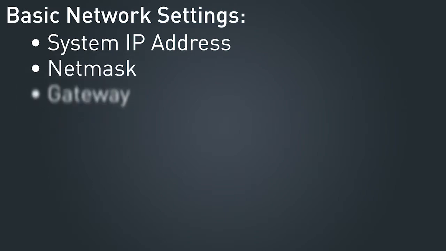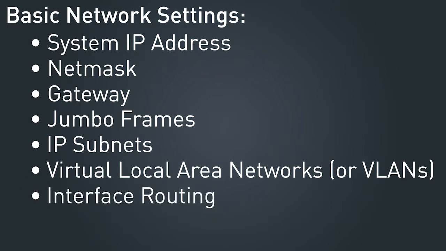When you initially installed your DXi V-Series virtual appliance, you were required to configure basic network settings such as the system IP address, netmask, and gateway. Or if your network uses DHCP to assign IP addresses, then these settings were configured automatically. Depending on your network requirements, you may need to modify settings or configure additional settings such as jumbo frames, IP